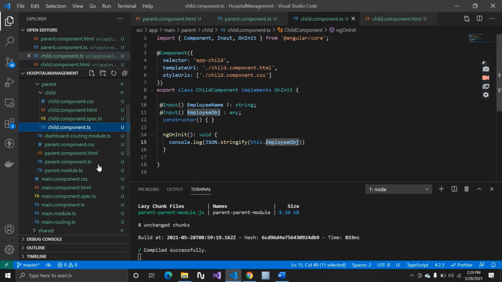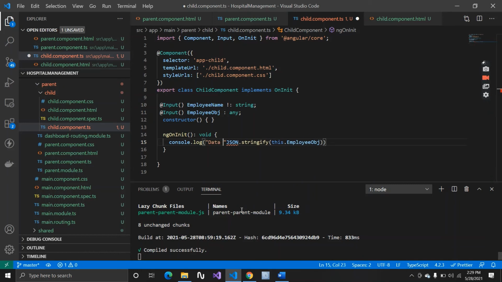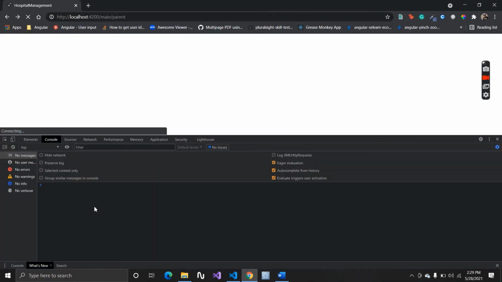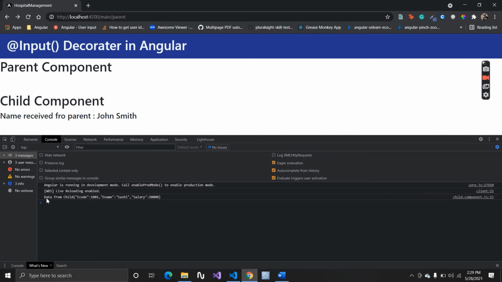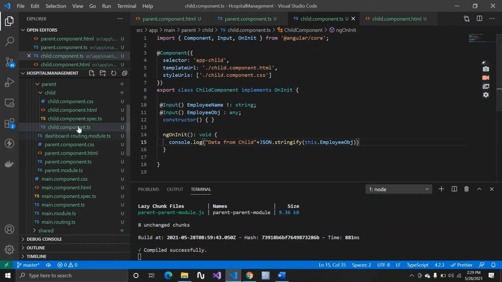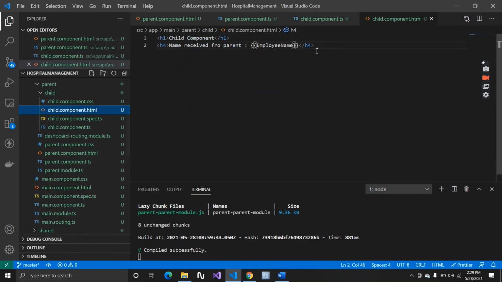Now let me add here "data from child" so that it will be clear to you guys. The data is from child and we are receiving this data, and this data is present inside your parent. Let's do one thing: let's have this inside a list.